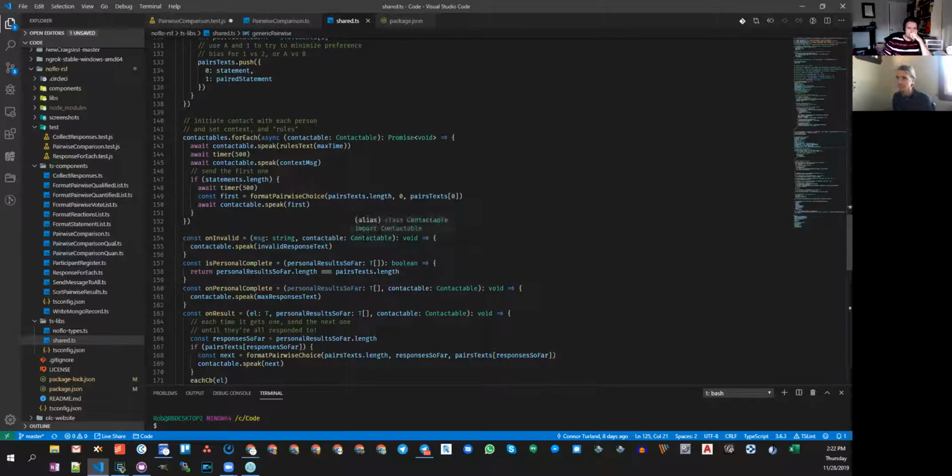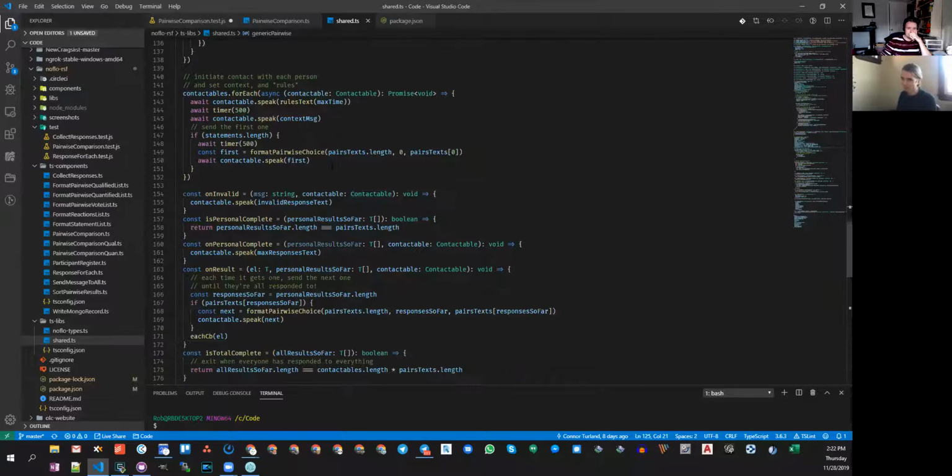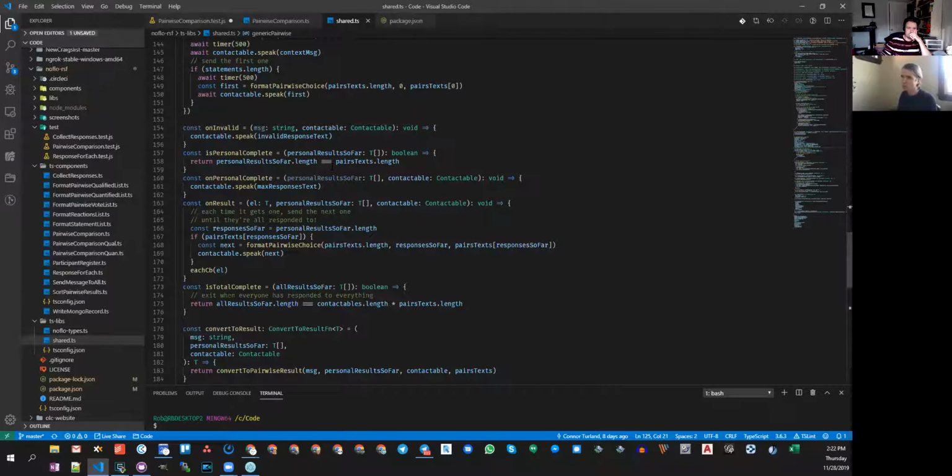So we have these abstractions of certain functions, such as is personal complete, on personal complete, and is total complete. And where we've got is personal complete and is total complete, these are the two most relevant to be thinking about changing.